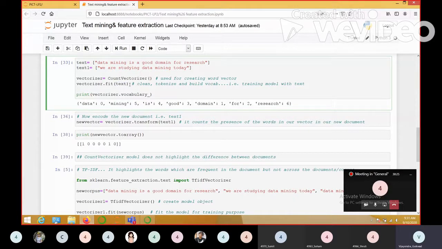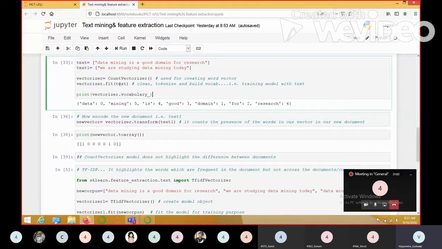What count vectorizer does in this case is that even if the text is not cleaned, that means stop words are not removed, it cleans the text on its own. Here, if you observe, our text has many stop words, right? So whichever word is a stop word, it will remove during this model fitting. Understood? So it will clean, it will tokenize, and it will build a vocabulary of words for us.